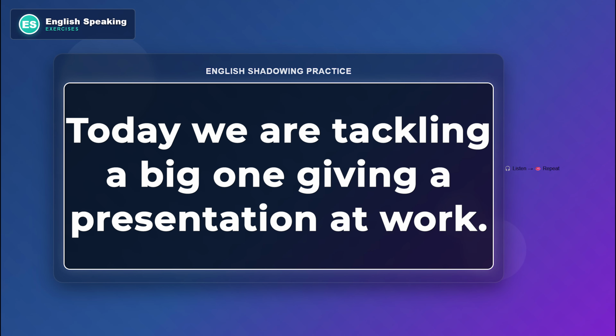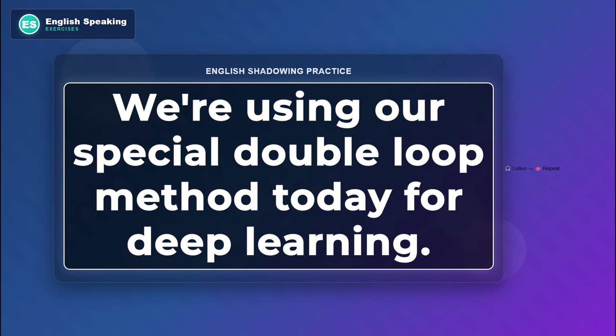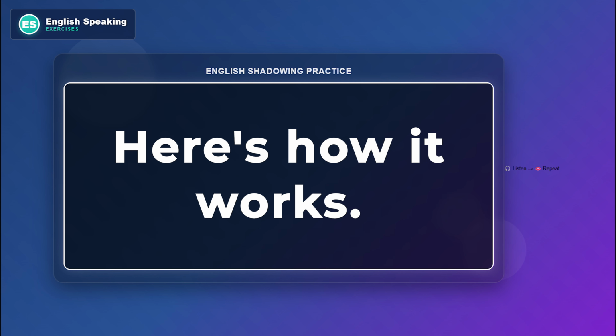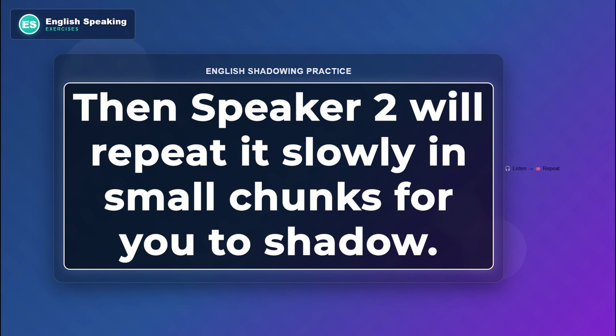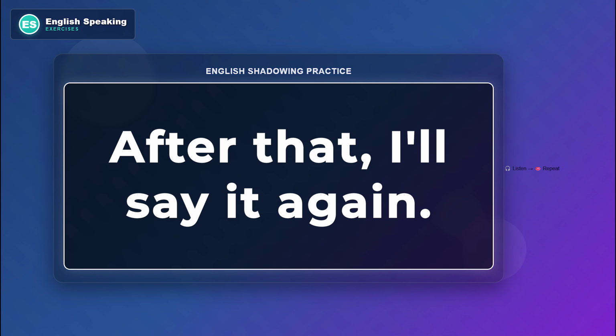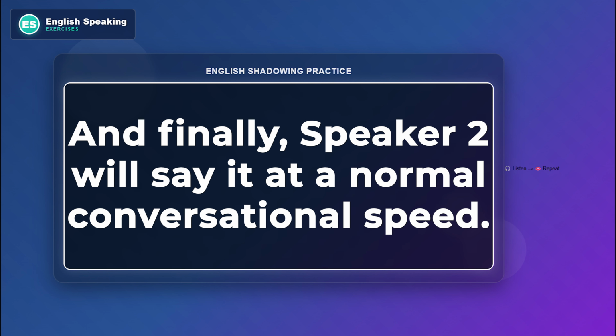Today we are tackling a big one, giving a presentation at work. We're using our special double loop method today for deep learning. Here's how it works. First, I'll say a sentence, then speaker 2 will repeat it slowly in small chunks for you to shadow. After that, I'll say it again, and finally, speaker 2 will say it at a normal conversational